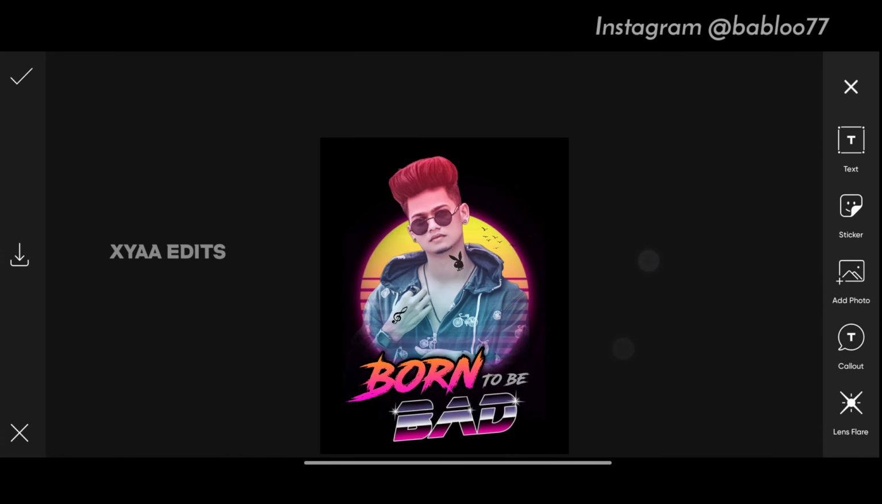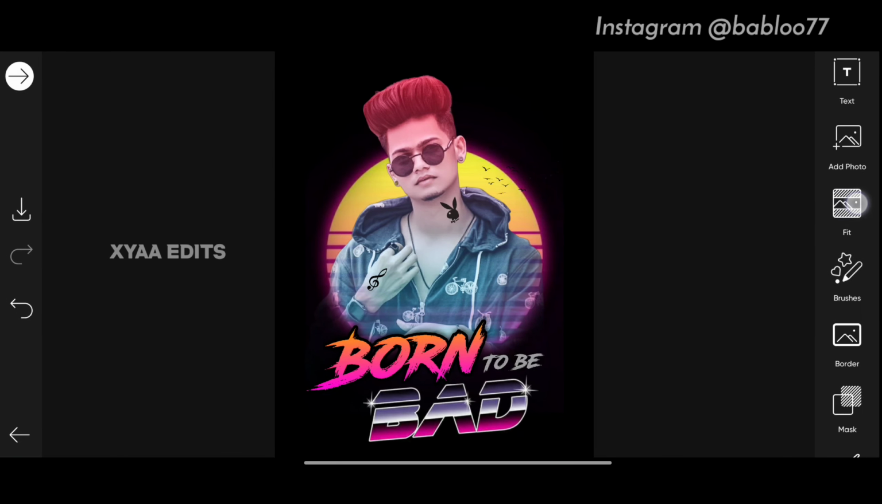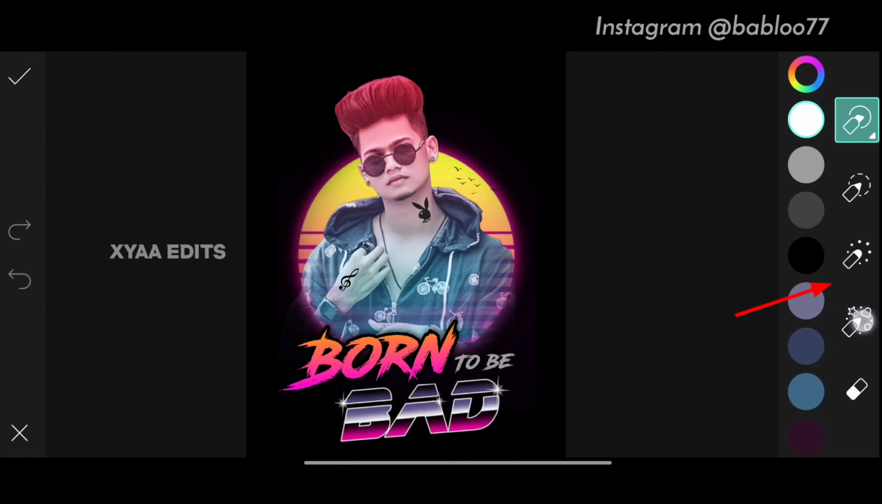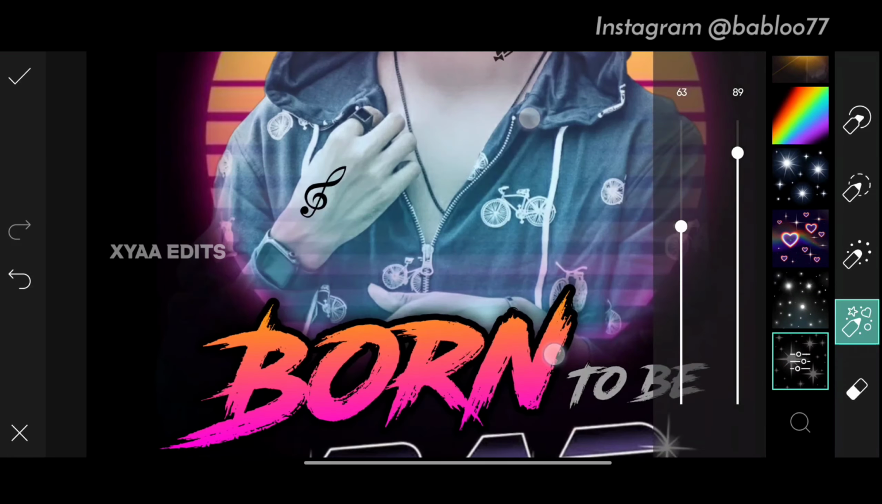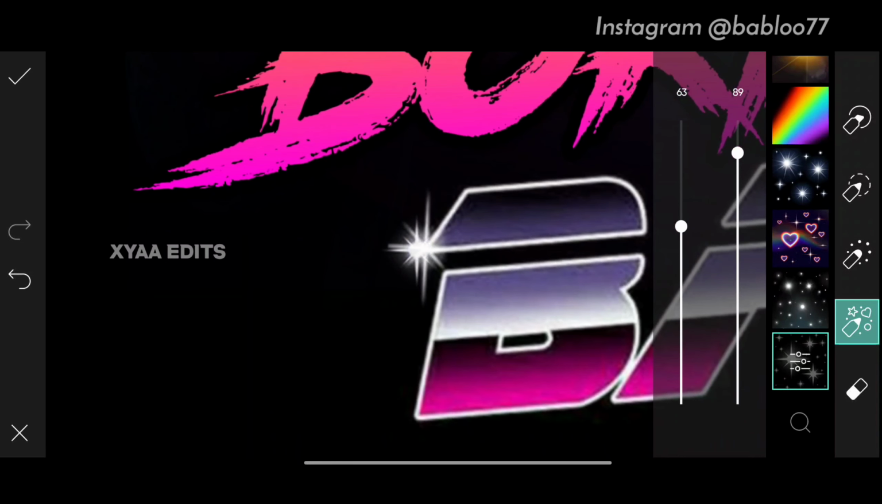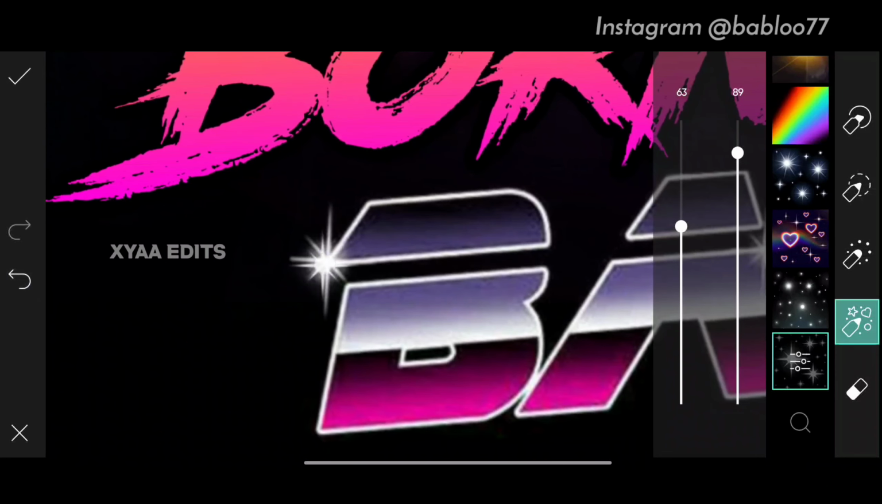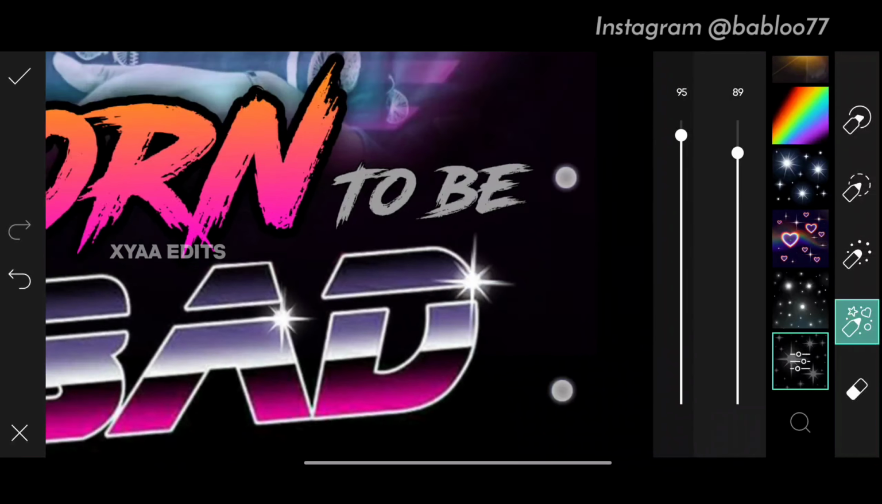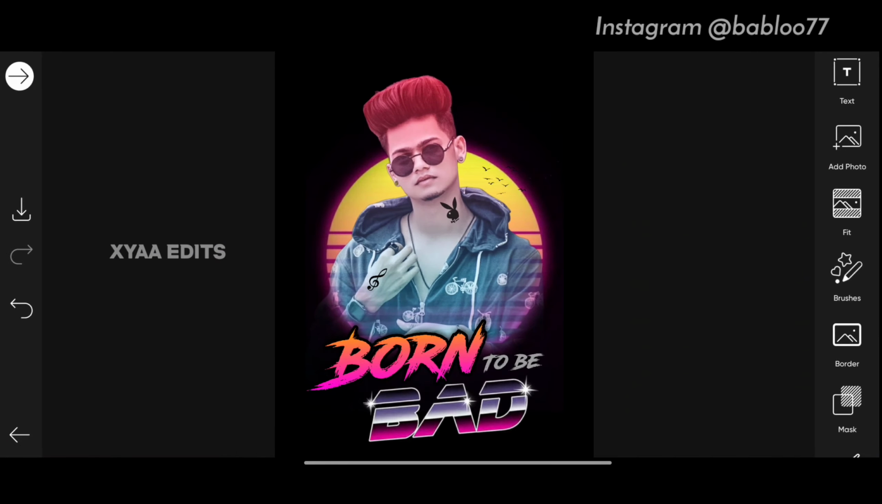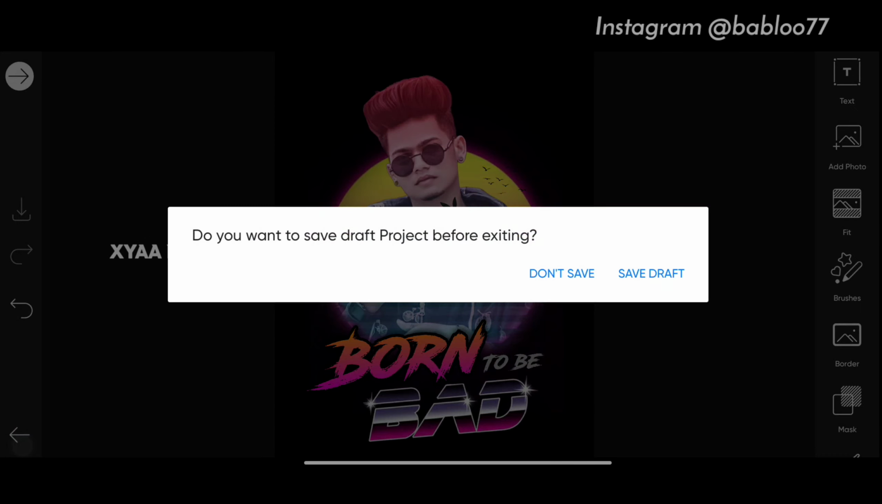Now tap on tick. Next step, go to brushes, go to the fourth one and select the first one, and you have to give this shining, increase the size, second one here, third one here. Perfect. Now tap on the tick mark. Now you have to save this image. Okay, you save this image, and now what you have to do is tap on the reverse arrow,